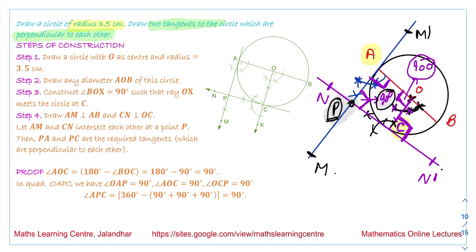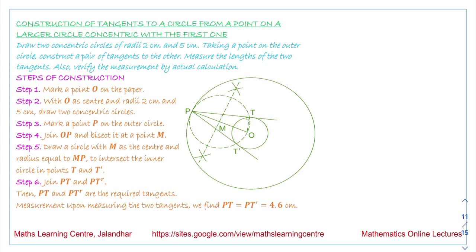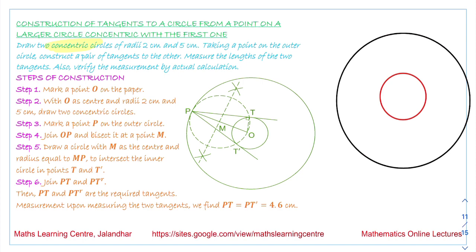Next, we have to draw two concentric circles of radius 2 centimeters and 5 centimeters. Concentric means that their centers are the same. So first of all, we are drawing two circles. One is this circle, say the radius of this circle is 2 centimeters. Next, we are drawing another circle, and the radius of that circle, say, is 5 centimeters. We have drawn these two circles. These are concentric circles, meaning their center is the same, say O is the center of both these